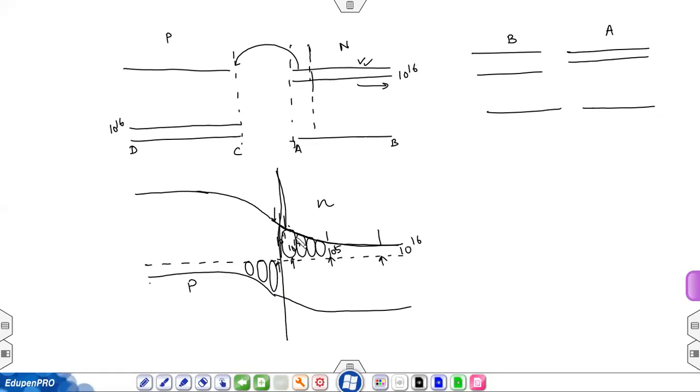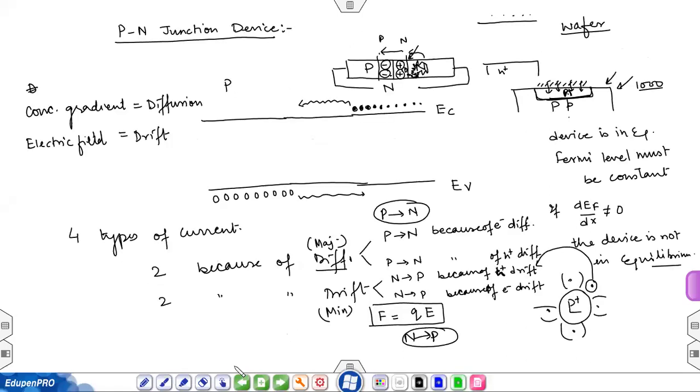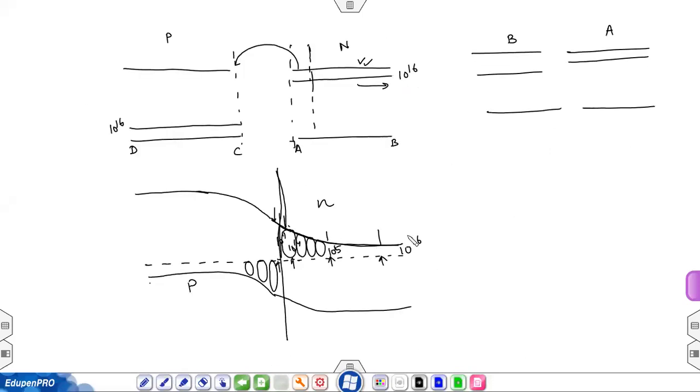Now, one more thing. अब अगर हमें फील्ड को रिप्रेजेंट करना है, पिछले वाली स्लाइड में हमने क्या किया था? We have also shown the field over here. हमने फील्ड को भी शो किया था. Okay. So आपको पता है what is this axis? What is this axis? Y axis in this diagram? Y axis पे हम क्या रिप्रेजेंट कर रहे हैं? What we are representing on Y axis? Energy. So X axis पे position.